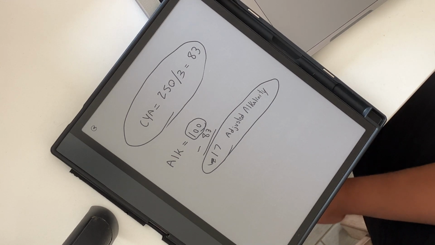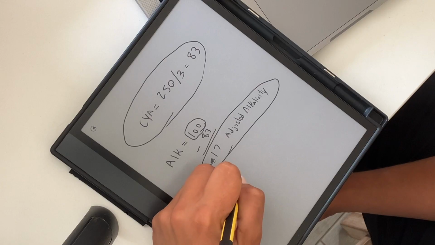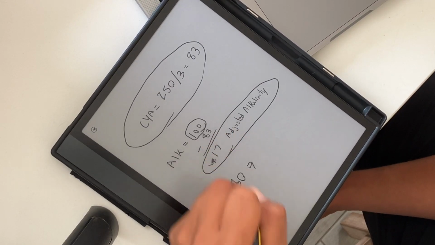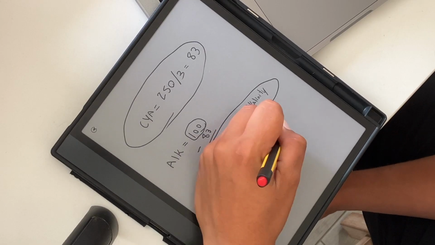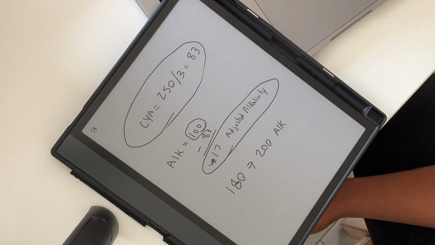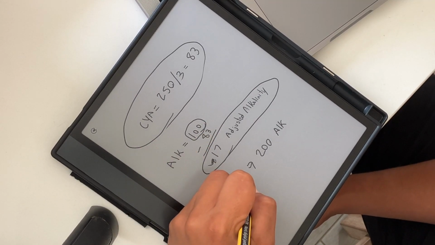I would add enough bicarb so that my alkalinity is testing maybe 180 to 200 on my Taylor kit, so that when we adjust for that CYA, when we subtract the 83,